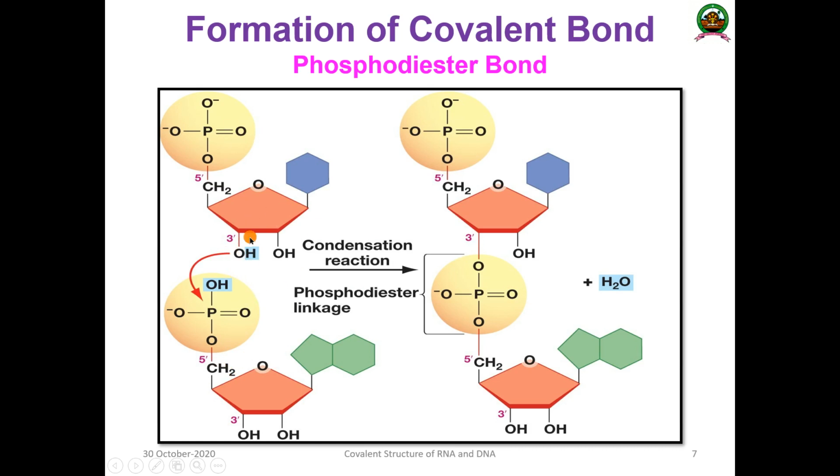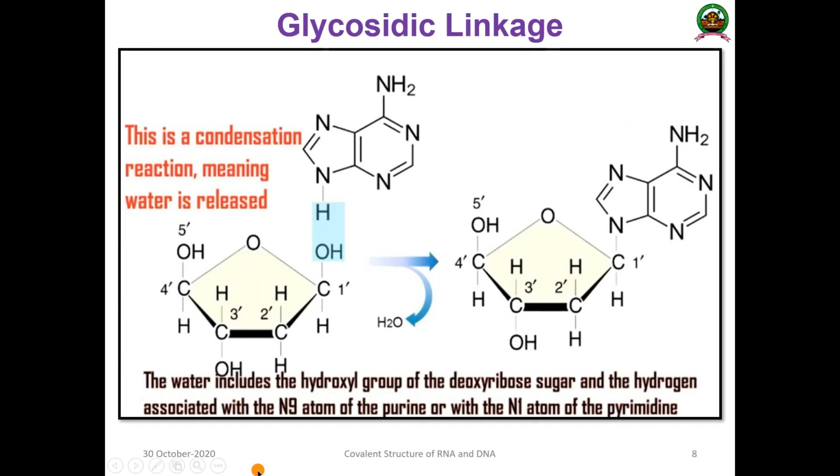Okay, and this one phosphodiester linkage is produced, and this one will interact with the next one, and this one will interact with the next one, and so on. Okay, so this is the other important thing, and this bond is known as a phosphodiester bond. That is the way the phosphodiester bond is produced, and like that it will create a sugar phosphate backbone. This is sugar, this is phosphate, this is sugar, this is phosphate, and that is known as a sugar phosphate backbone.